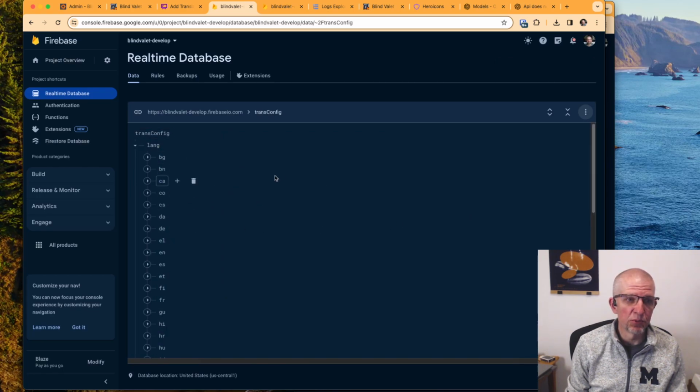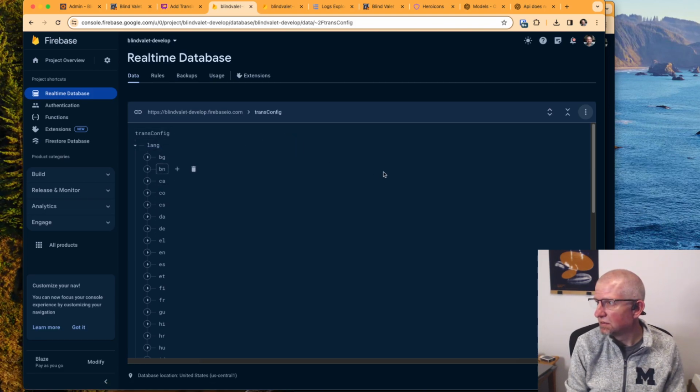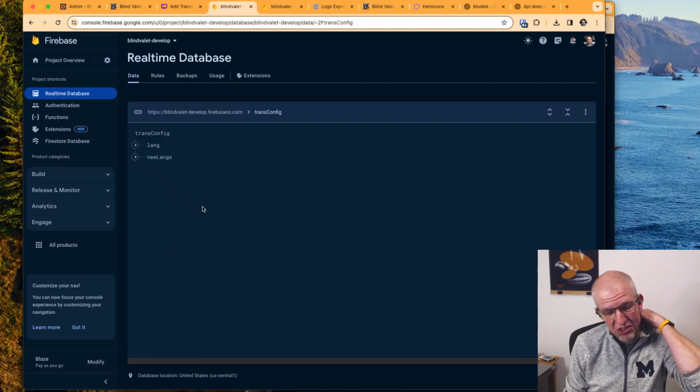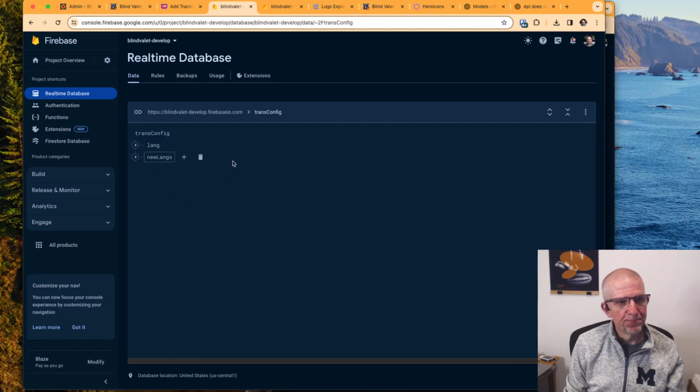That's what I like about the real-time database compared to Firestore, is that you can do these little exports and imports at different points very easily. It's a little bit clunkier with Firestore to do a similar thing, much clunkier. Okay, so now we have all our languages,